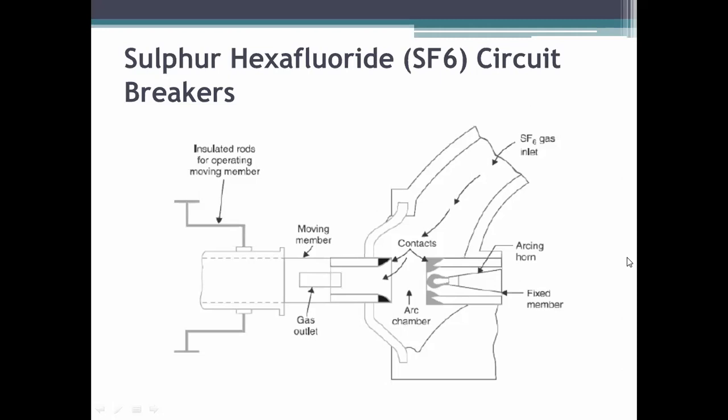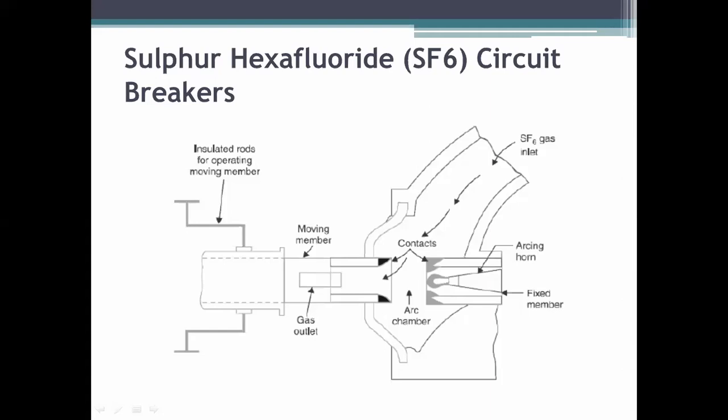But for reconditioning of this SF6 gas, one more piece of equipment is required. That is the only drawback of this circuit breaker. Otherwise, it is very useful. One more drawback is that SF6 gas is costly, but we can recondition that gas and reuse it,